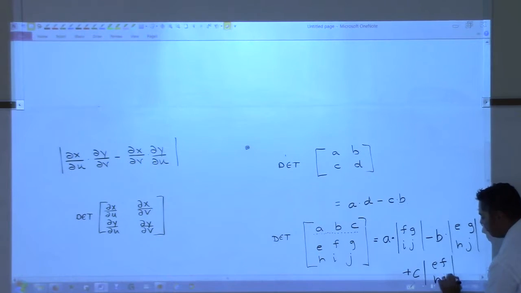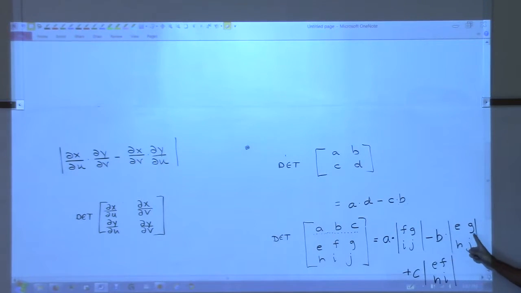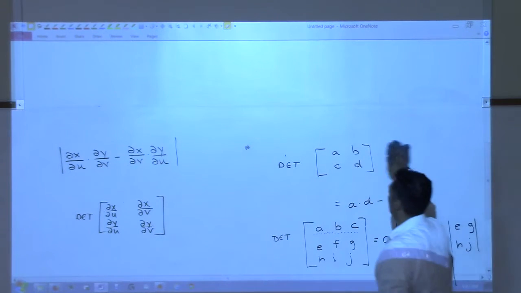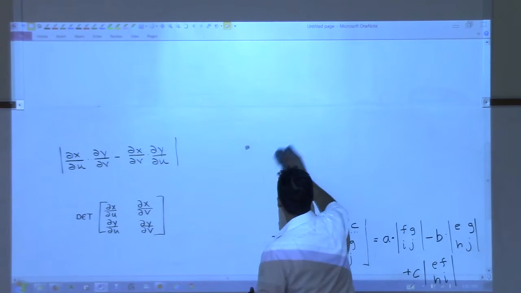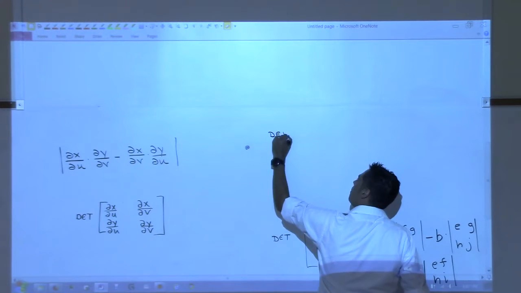HI. Now remember, this is a determinant, this is a determinant, this is a determinant. You have to do those. All right? Yeah, that's where you go like this and that. Okay. So let me ask you now, what if you had the determinant of